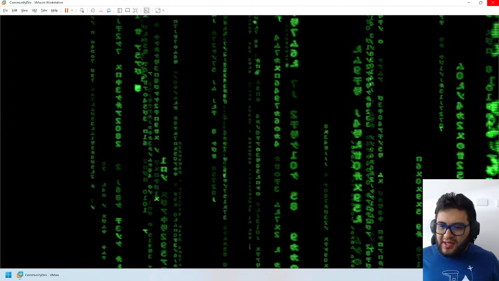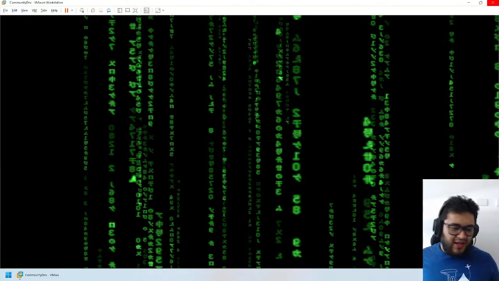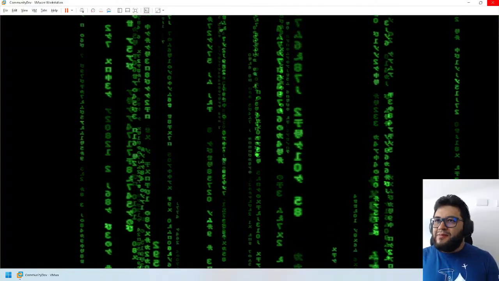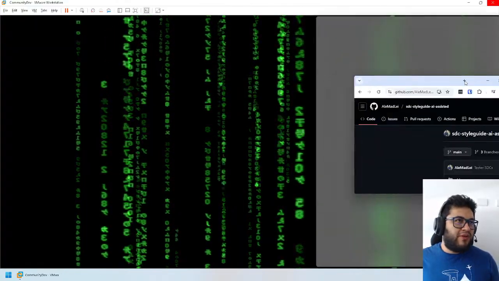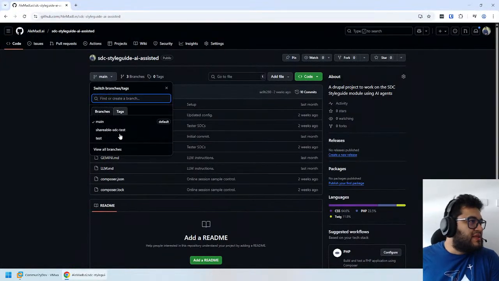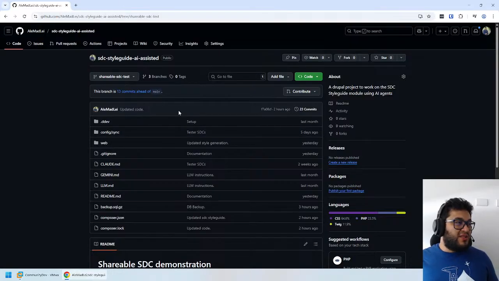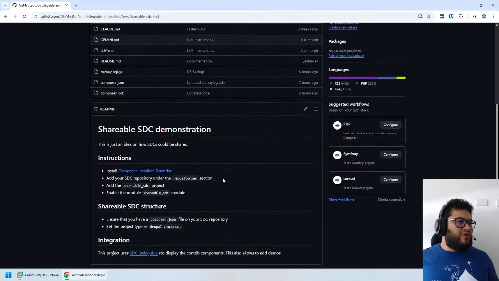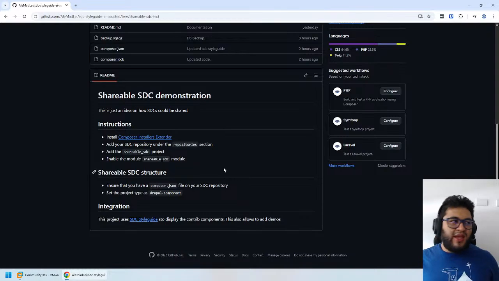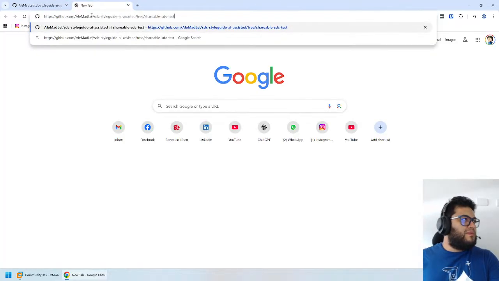So this is the one that I have been using for most of my work recently. In particular, this one has a separate branch that is called SDC test, shareable SDC test. So if you clone this repository and if you check out this branch, you're going to have the same environment that I am going to use to showcase how to create single directory components that are shareable. The other one